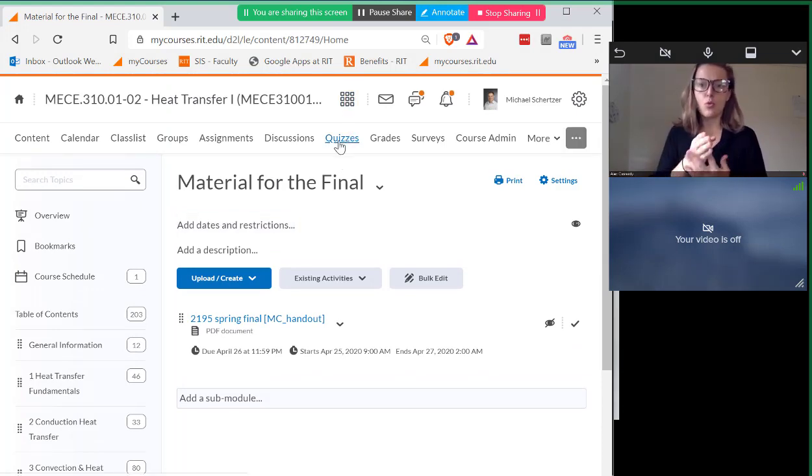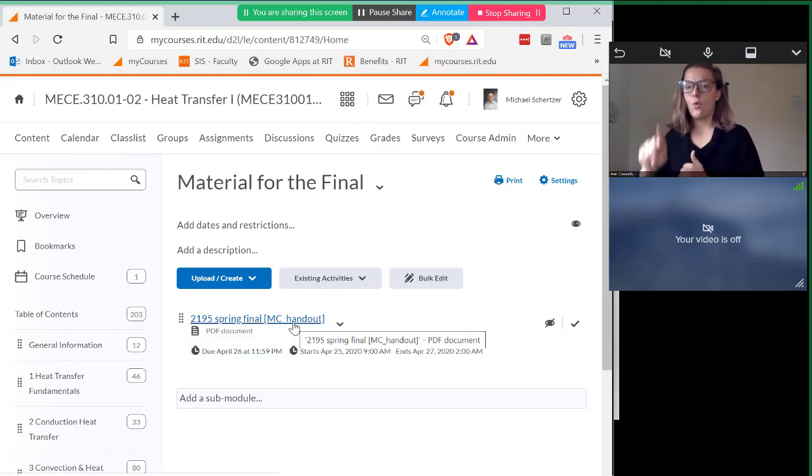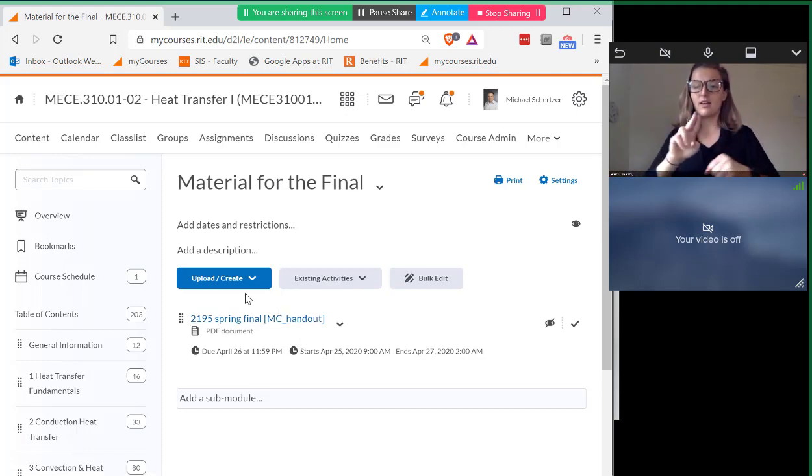If for some reason that fails, we have a little bit of redundancy here. You can look at this handout and either print it out and circle your answers, or if you don't have a printer, you could take the PDF and make note of your answers, or write them down and scan something or send me an email. That will work too. But I envision no problems with the quizzes because it's something we've done consistently throughout the course, but just in case there's this other mode as well. So does anybody have any questions about how to access the multiple choice part of the exam?